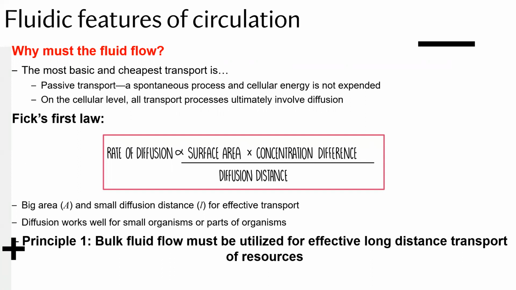Now, the most basic and cheapest way to initiate transport is through diffusion. And diffusion is a passive means of transport, and it's the idea of molecules moving from one point to the other because of a difference in concentration. It's extremely slow, because the molecules have to move through the solvent or the solution's environment, and it takes a long time,